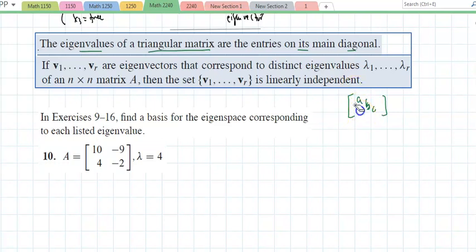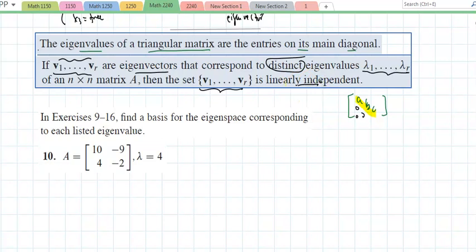If you get upper or lower, it doesn't matter. As long as one of those is triangular, those are the eigenvalues. If v1 through v sub r are eigenvectors that correspond to distinct lambda 1 through lambda r, meaning non-repeated, for an n by n matrix, then this set right here, these eigenvectors, are